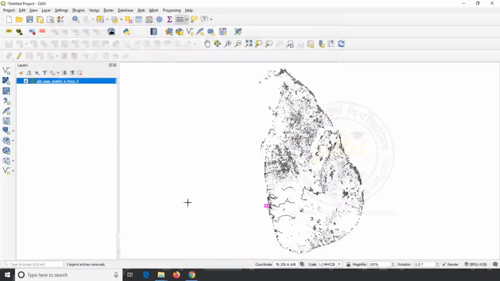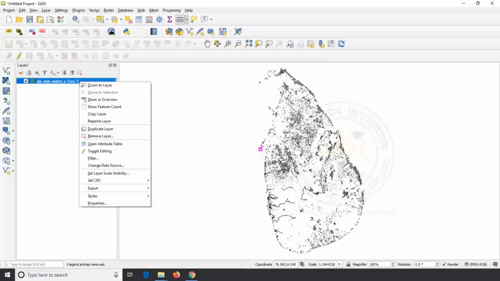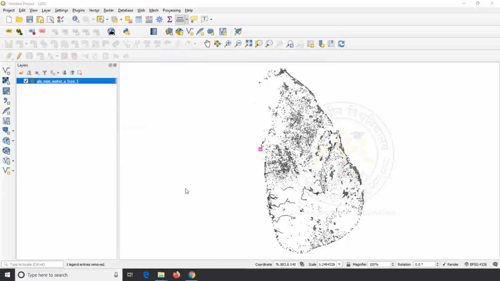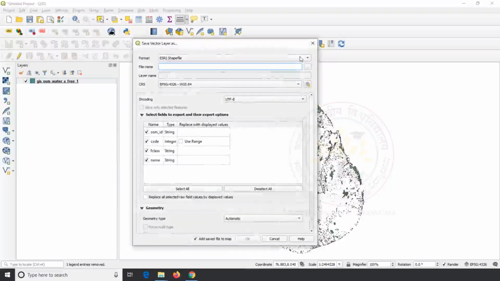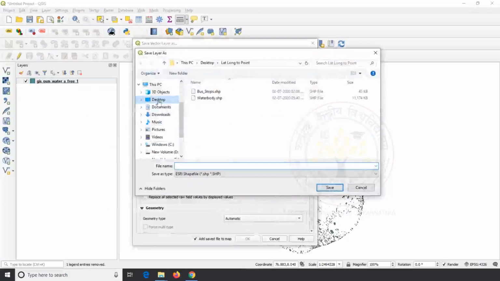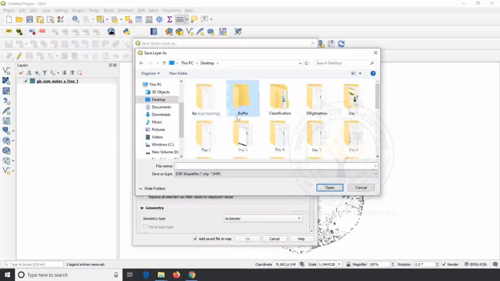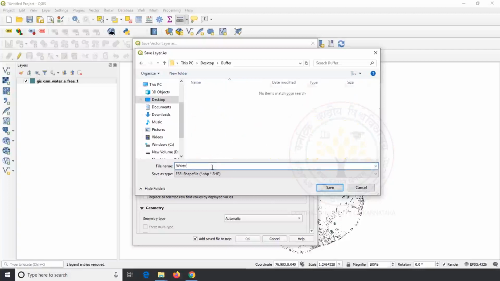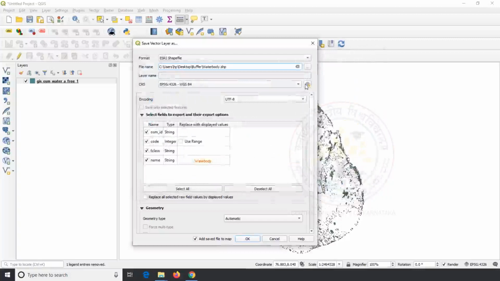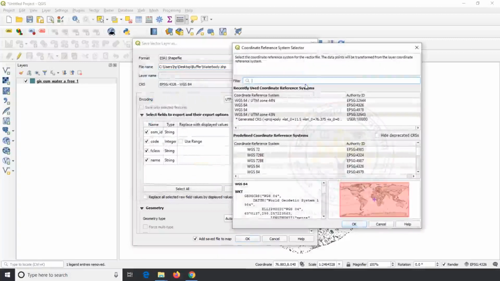Close the pop-up window, right click on the layer and click on Export, then click on Save Features As. Make sure that the format is ESRI Shapefile and save the file in a specific folder. I save the file with the name water body and click on the globe icon to define the projected coordinate system.